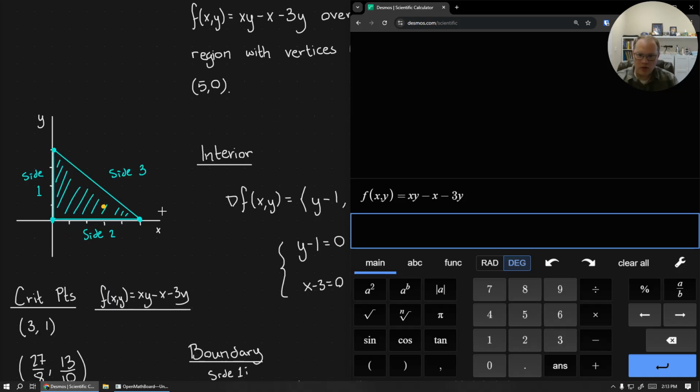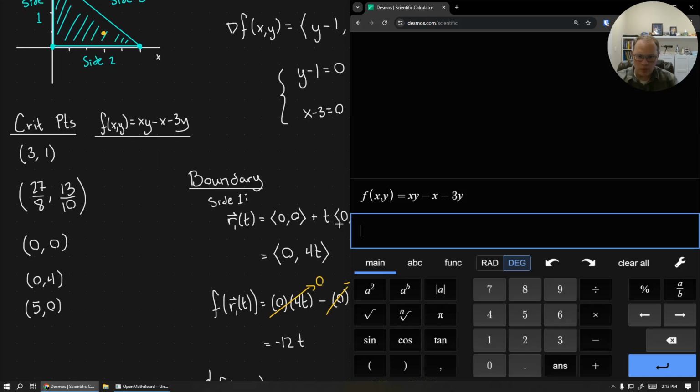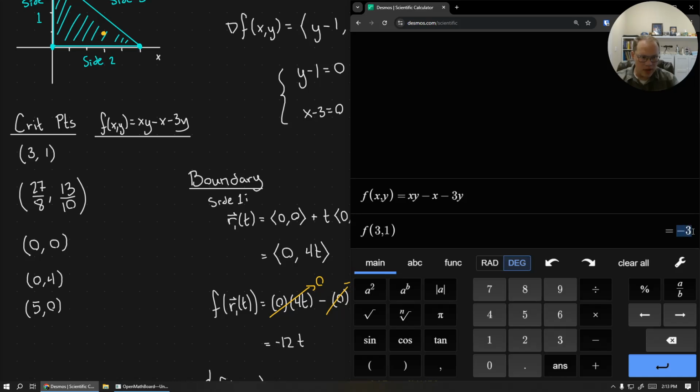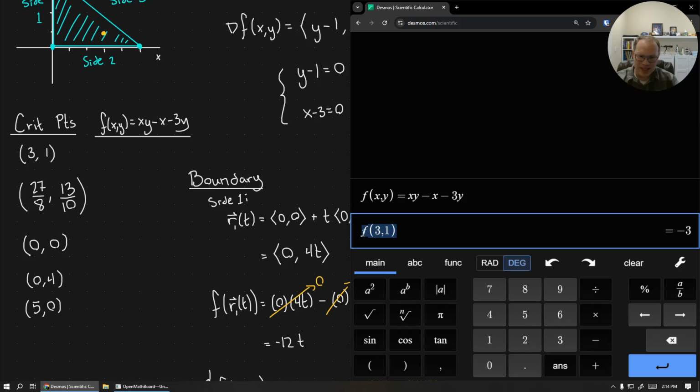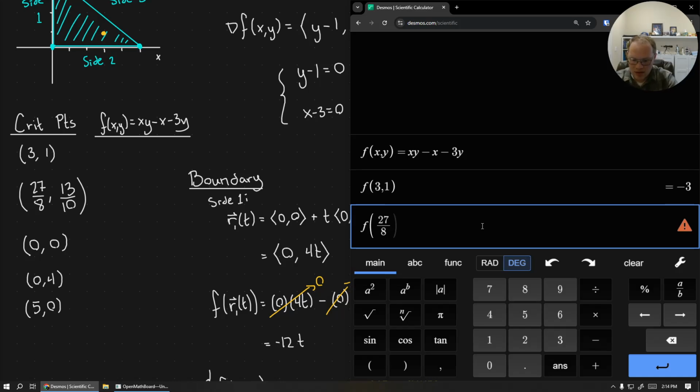And now all I have to do to calculate the function value for those critical points is f(3, 1) gives me -3. Okay, so I type in the function first, makes it real easy to calculate the function values for everything else. So f(3, 1) is -3, f of, now the nasty one, (27/8, 13/10),